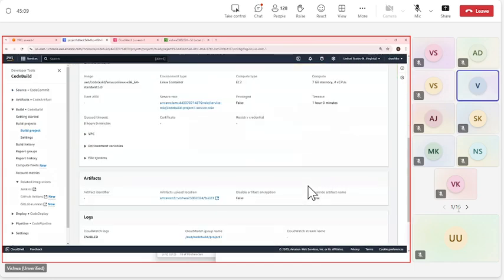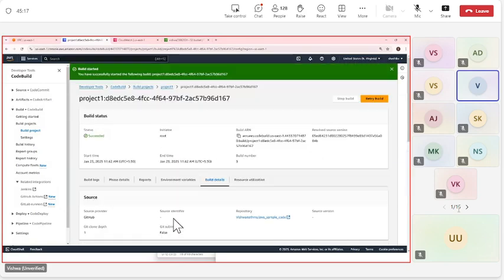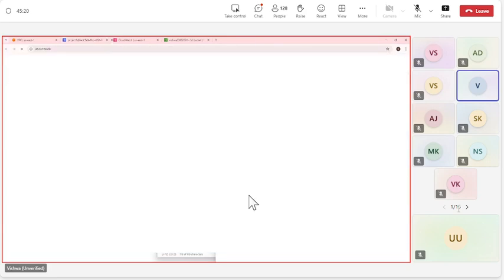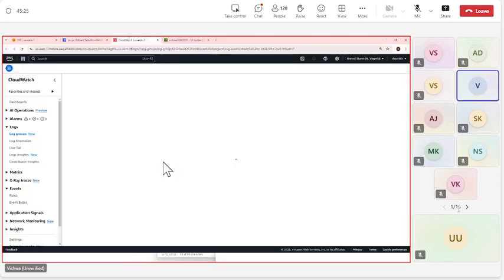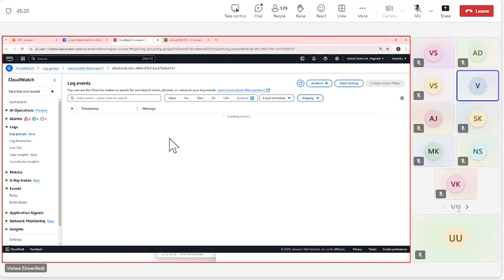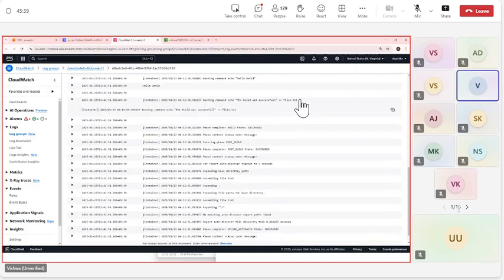Build details, artifact, buildspec YAML file, build logs. Let's check the logs once. Did it really do what is being told? It should have. I'm just looking for that line. Yeah. See that it did create this. Yeah, it's running inside a container. Hello world. And then it completed it.